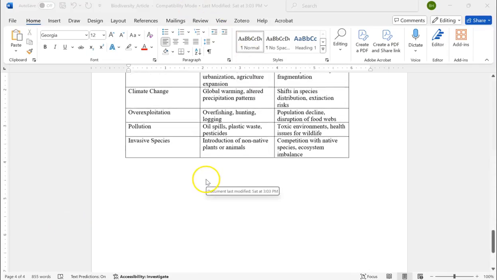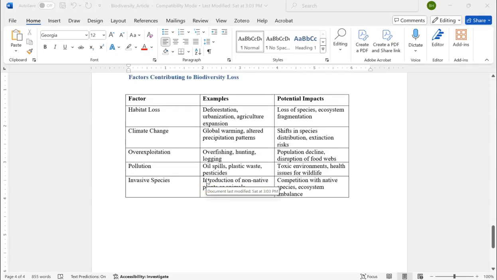In this tutorial, I'm going to create a table, insert it, and then format it. So how can I insert a table in a Microsoft Word document and format it? In my Word document that I have opened, you can see this table. I am going to create a similar one, and in order to do so, I'm going to click on